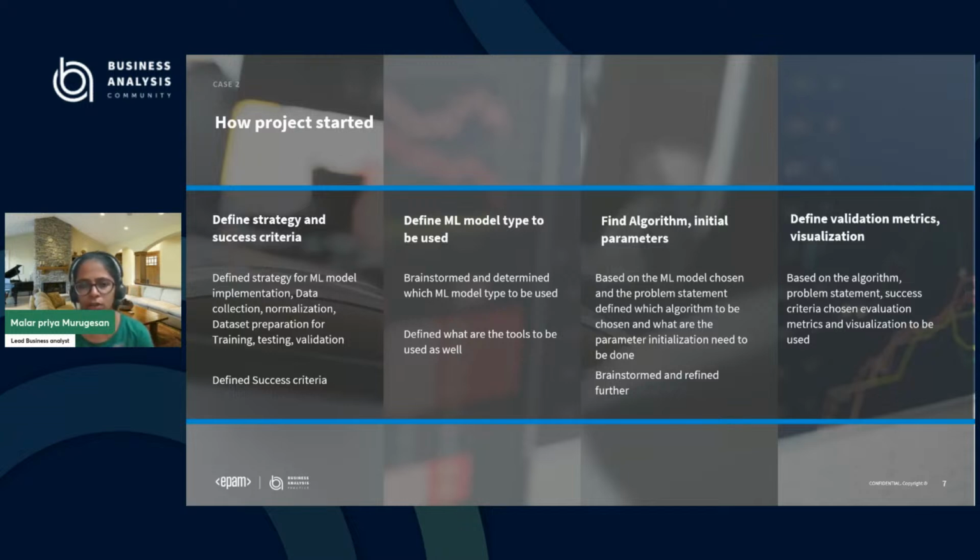Finally we got into the phase of choosing the ML model. What type of model will we choose here? Is it supervised learning or unsupervised learning? Which algorithm do we choose? Because we need to do full text search and we may need to find the distance between the text, the vector distance, and so on. So what algorithm is best for this, and which tool are we going to use? What validation metrics are we going to choose? All of this was in the discussion phase. This is how the project started, and I was involved in all these phases.